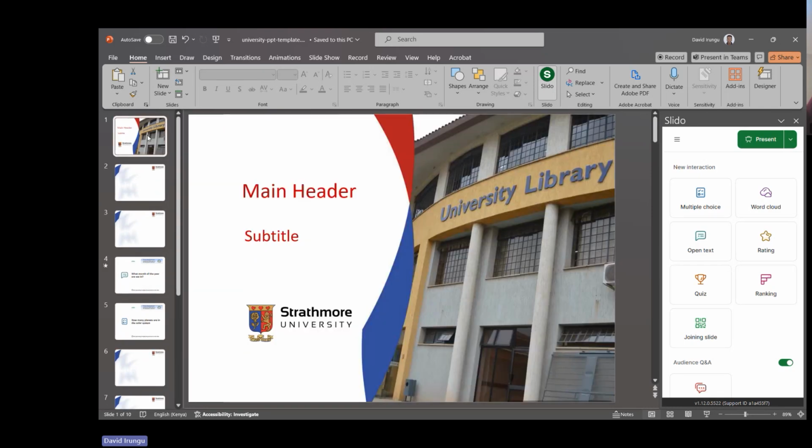You could also write to library@strathmore.edu. Mr. Bernard Shiundu is also an administrator, and he'll be able to add you